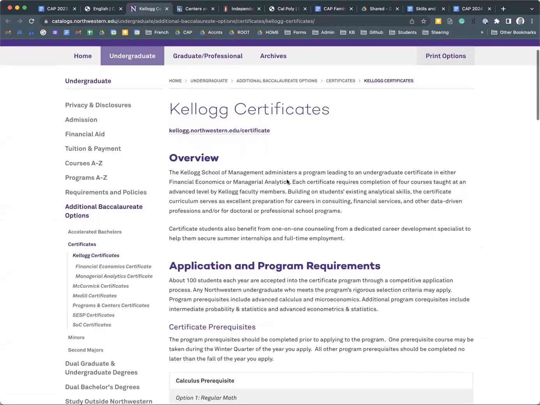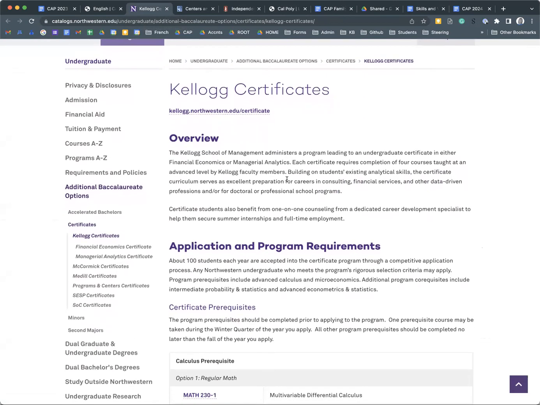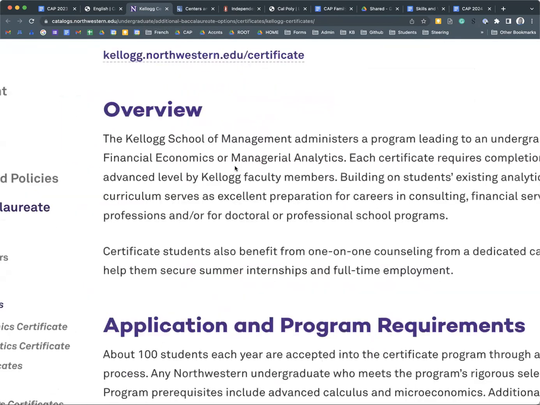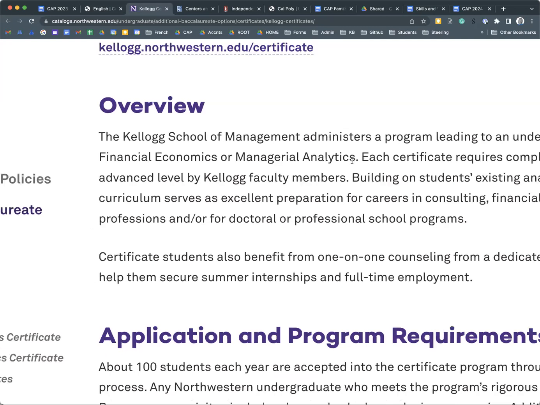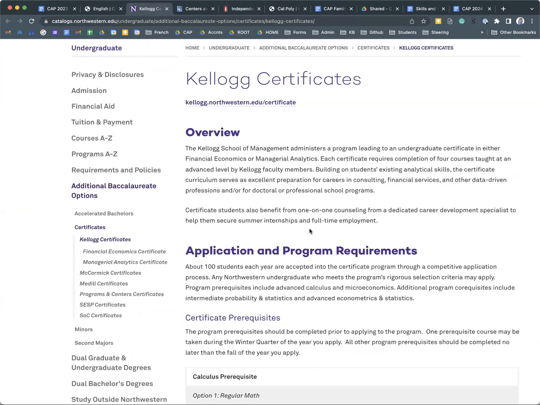So for example, at Northwestern, you might not be able to get a degree in management, but you can get a certificate, and they have a certificate in financial economics. They have a certificate in managerial analytics. So these are very specialized topics. So it's one way that you can strengthen your skill set as a student before you graduate, right? So this is pretty cool.